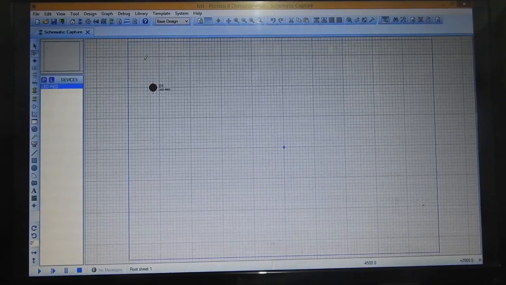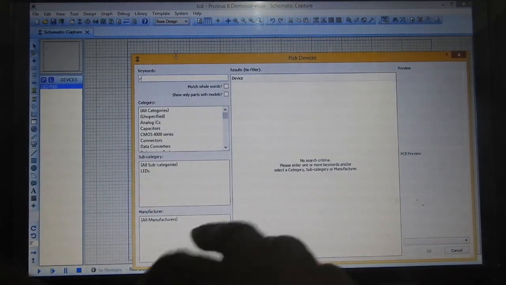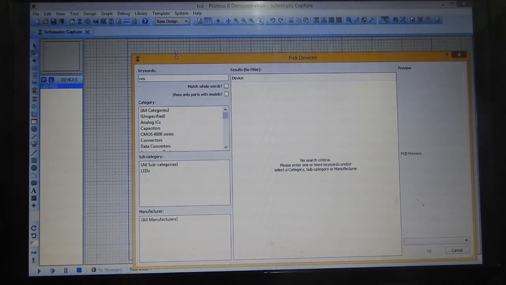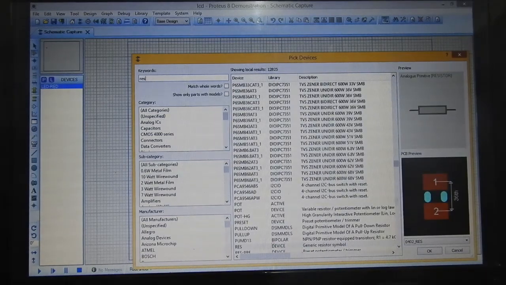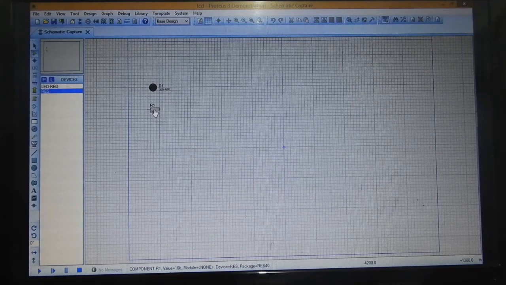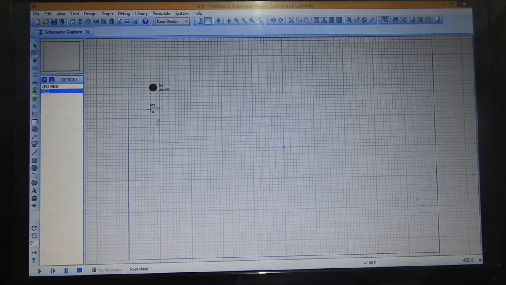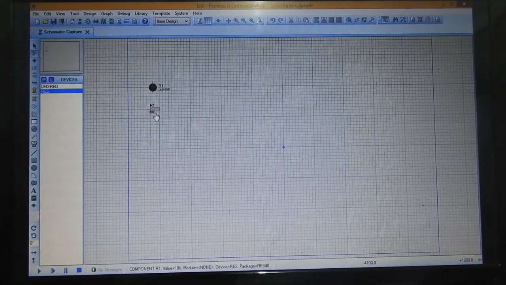Now I will select a resistor. Go to library again, pick parts, type RES, resistors have come, select OK, double click, the resistor has come here. Now by default a 10k resistor has come. We have to edit it to 330 ohms. For that, click on it and select,